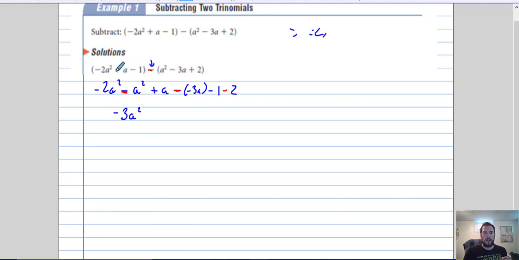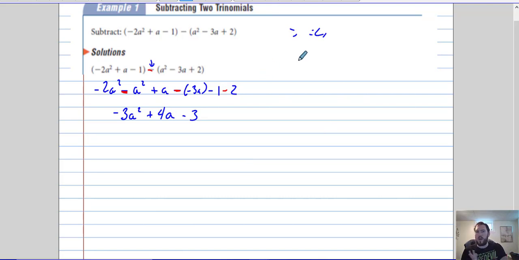I have positive a, or plus a, and again, minus my negative 3a. Well, how do we minus a negative? It turns it into a positive. So this is a plus 3a, which is positive 4a. And we have a negative 1 minus 2, which is negative 3. So it's not as simple as just removing your brackets when we're doing this question, and that's a huge mistake